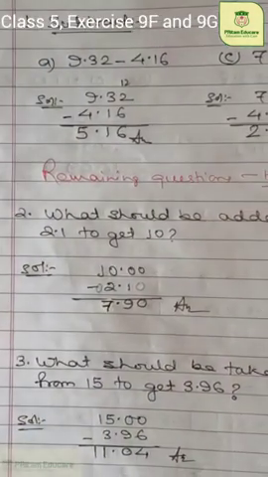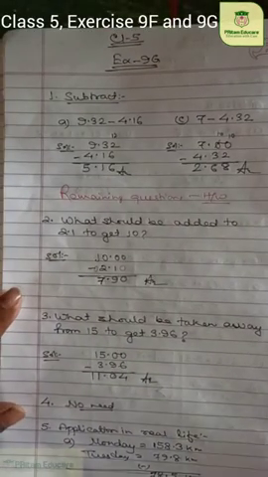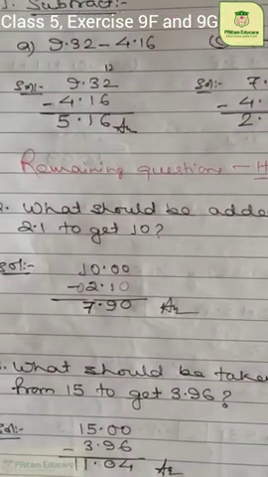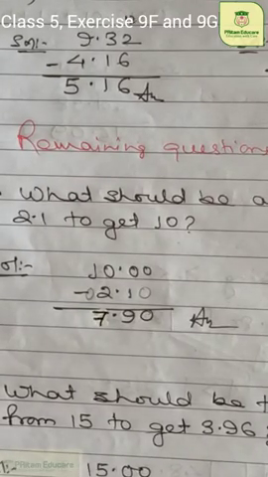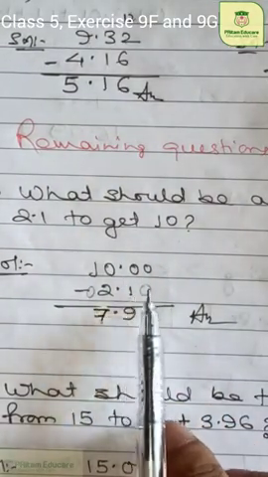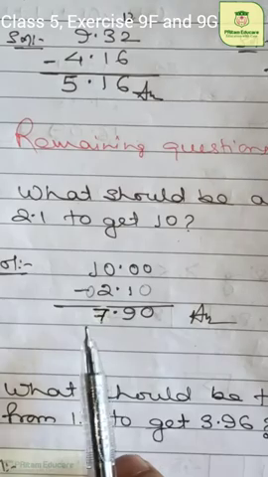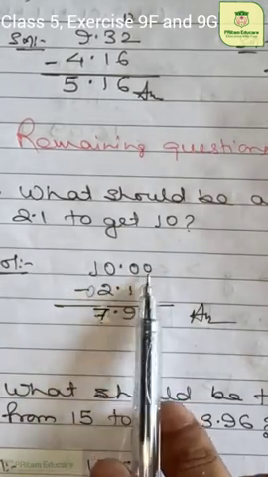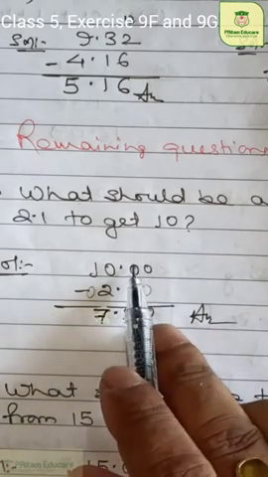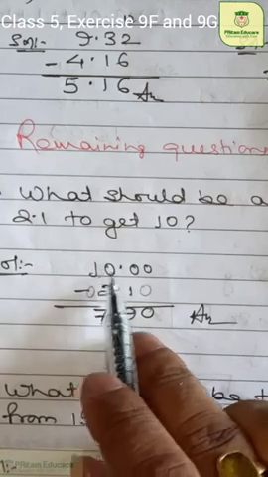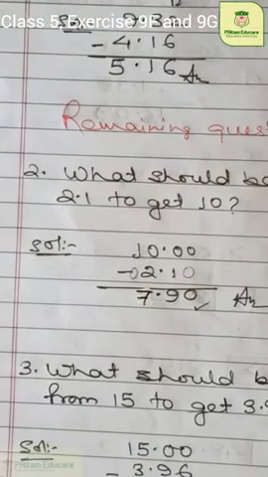Now question number 2. What should be added to 2.1 to get 10? That means from 10 we have to subtract 2.1. So on subtraction, 7.9. So we have to add 7.9 to 2.1 to get 10. See, if we do the reverse addition, 0 plus 0 is 0, 9 plus 1 is 10, 0, 1 carry, 7 plus 2 is 9 plus 1 is 10. So we got the answer 7.90. Now